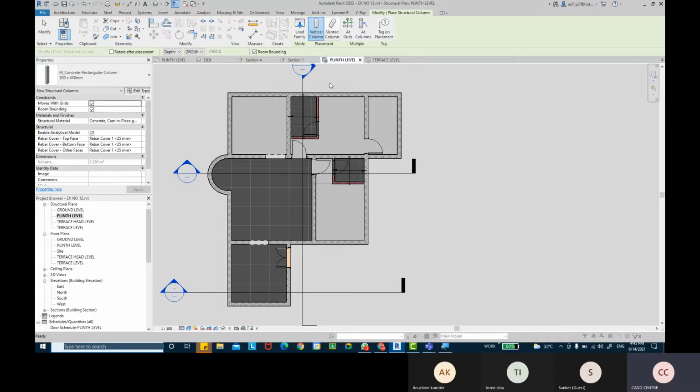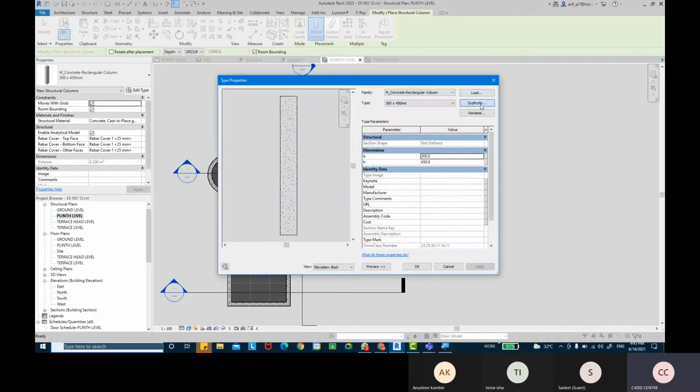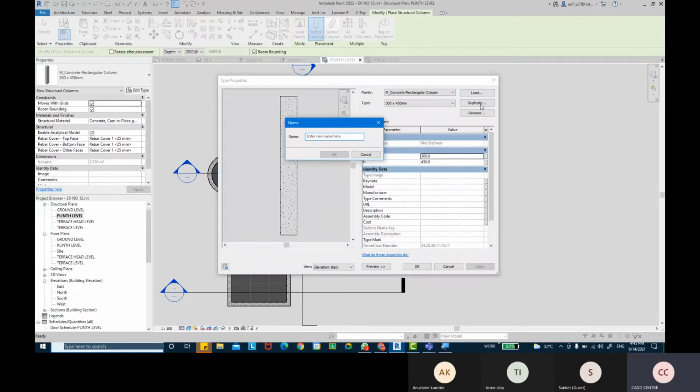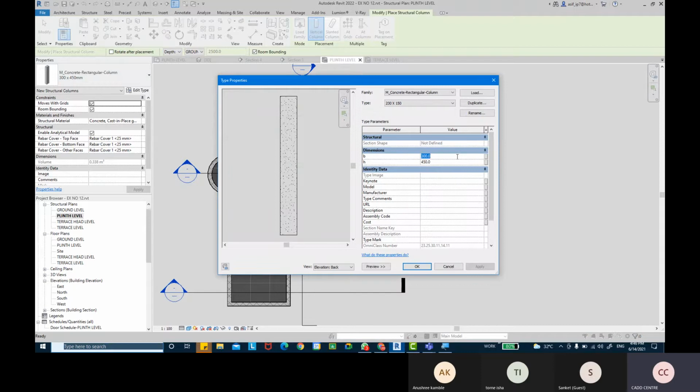So we can come into Edit Type and duplicate this type. We can call this type 230 by 150, then click OK, and then we can change the sizes as well. So this can be 230 there.